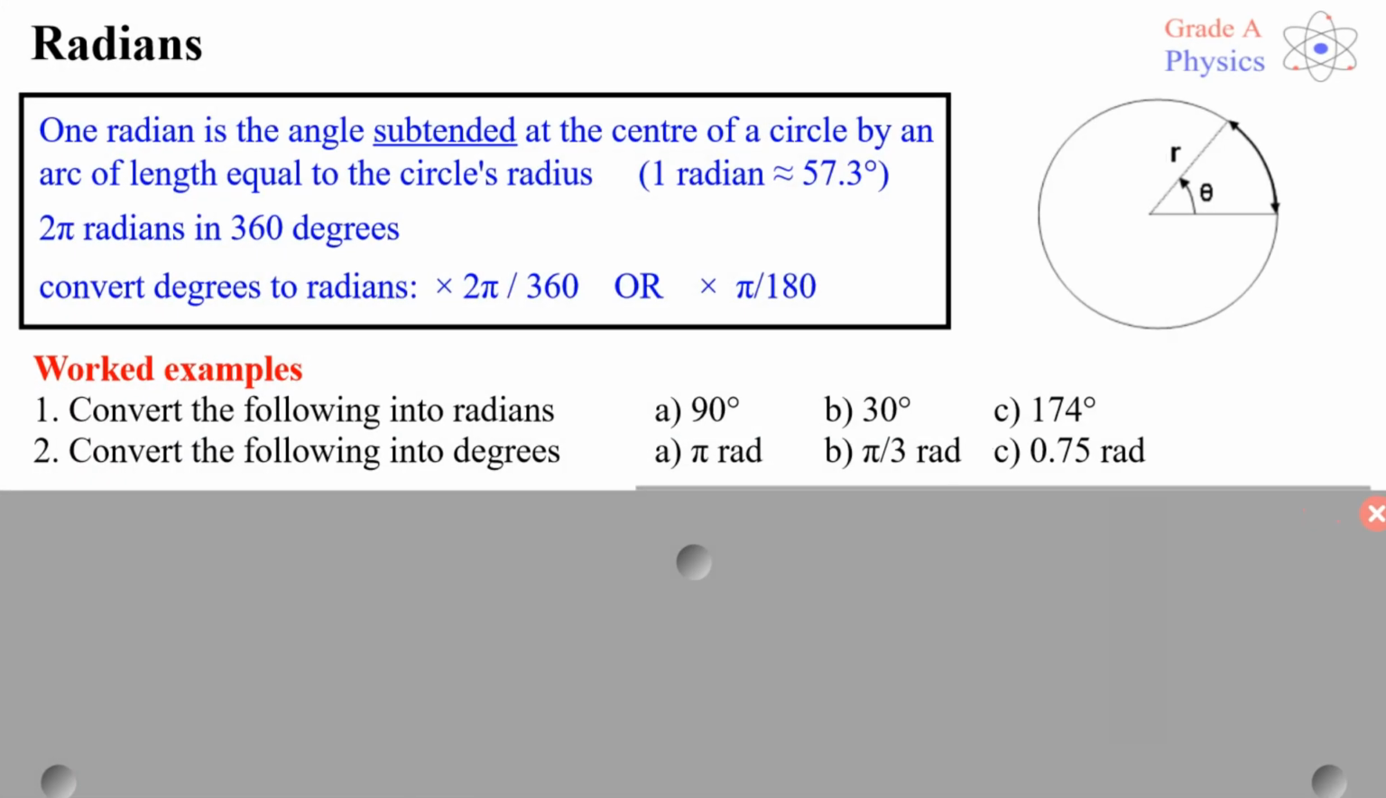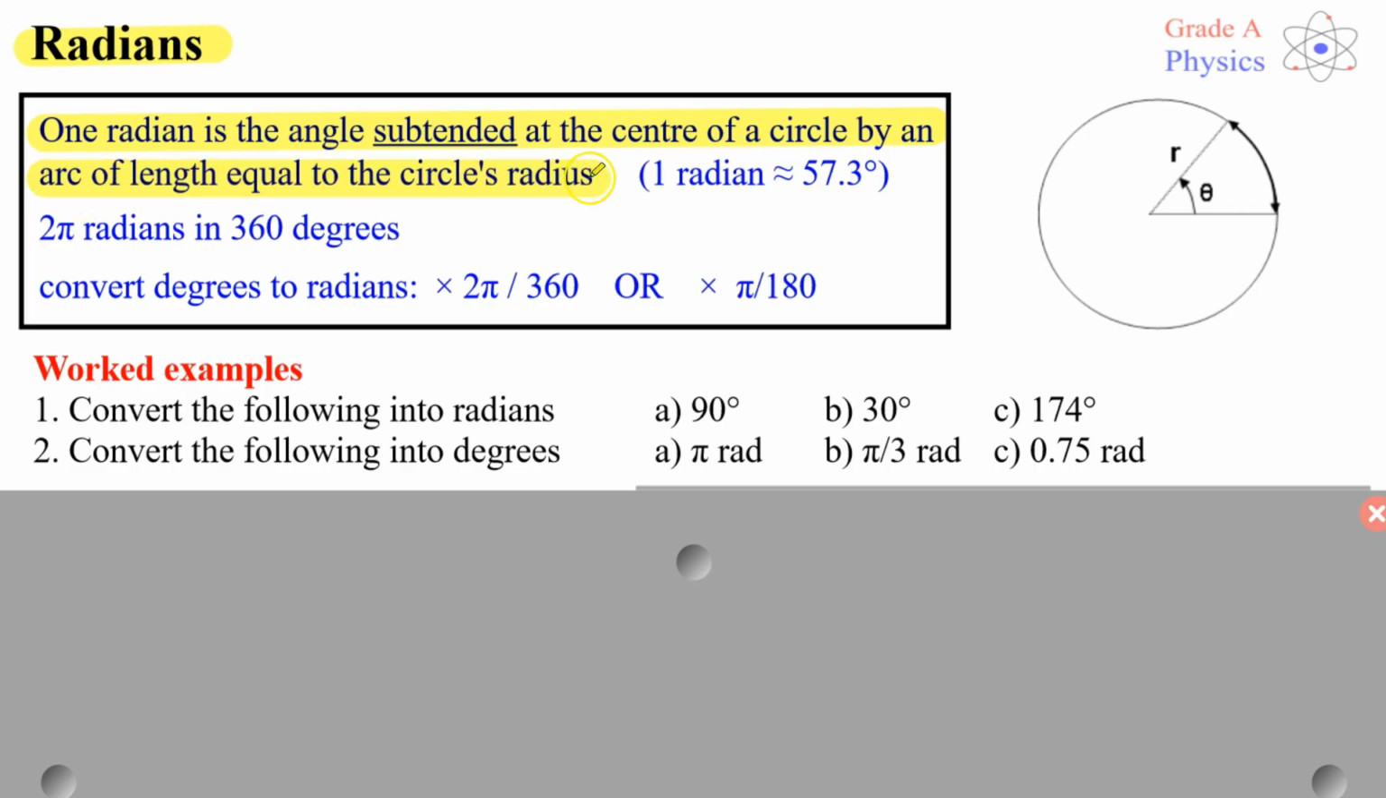So the first thing we need to consider with circular motion is angular displacement. We could use degrees, which we're very familiar with, but very often we use radians. You may have come across these possibly at GCSE, but certainly if you're doing maths A-level. We do need to know the definition, which is written here. 1 radian is the angle subtended at the centre of a circle by an arc of length equal to